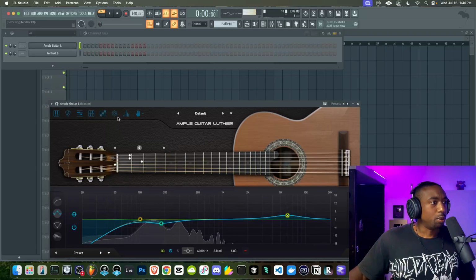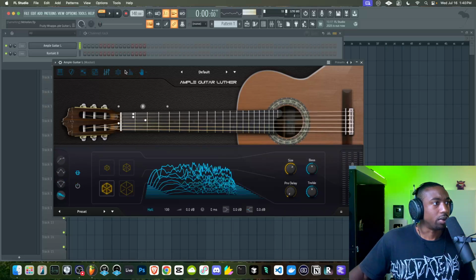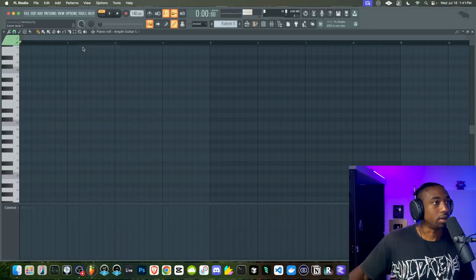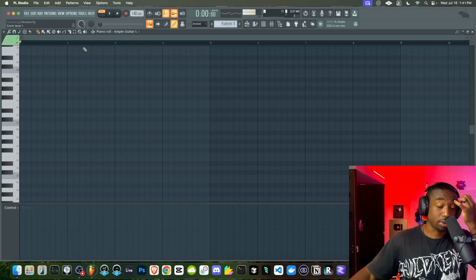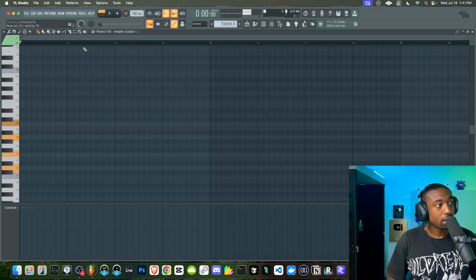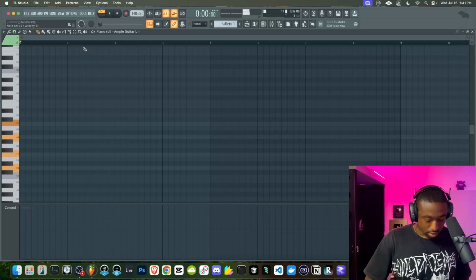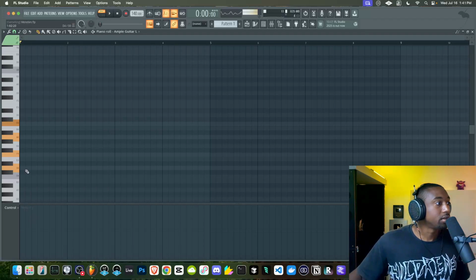Okay, so this one has a little bit more body in the tone. We're just gonna turn off these effects. We don't want any effects on it, no reverb, no anything. Okay, so let's show you guys how to play the chords on a guitar. The main thing you need to understand is we're gonna use what are called seventh chords because they have 4 notes in it. So we're not gonna play it this way. As you can hear, it sounds weird. Doesn't sound natural. Okay, but here's the chord type.